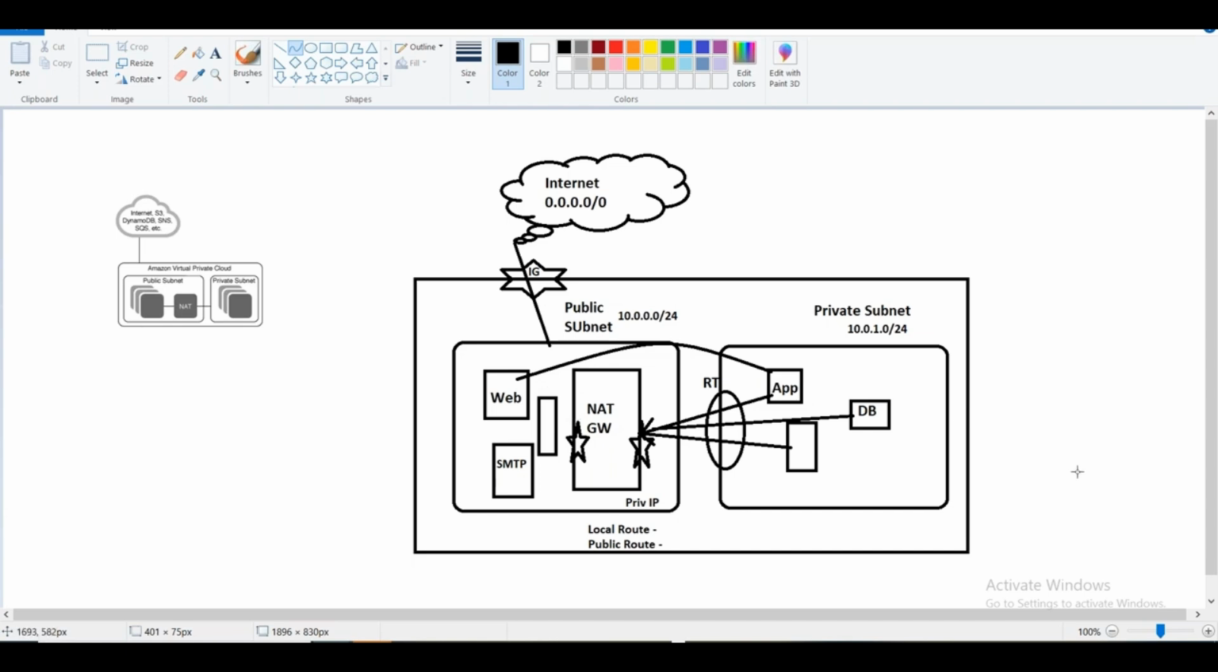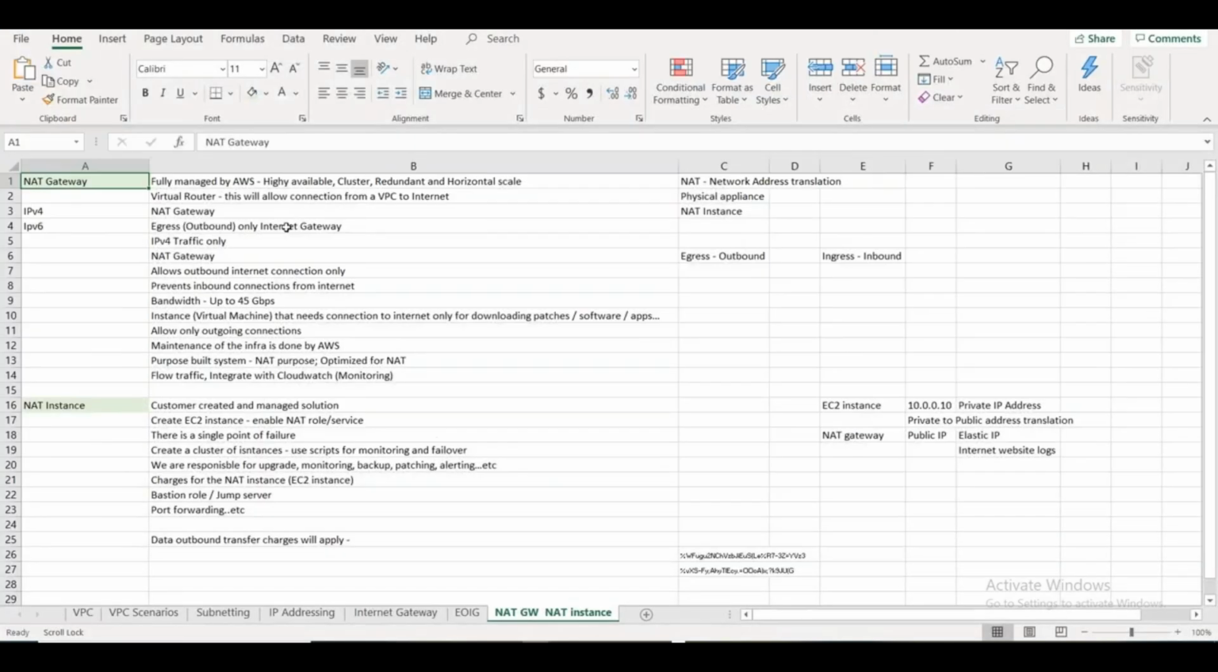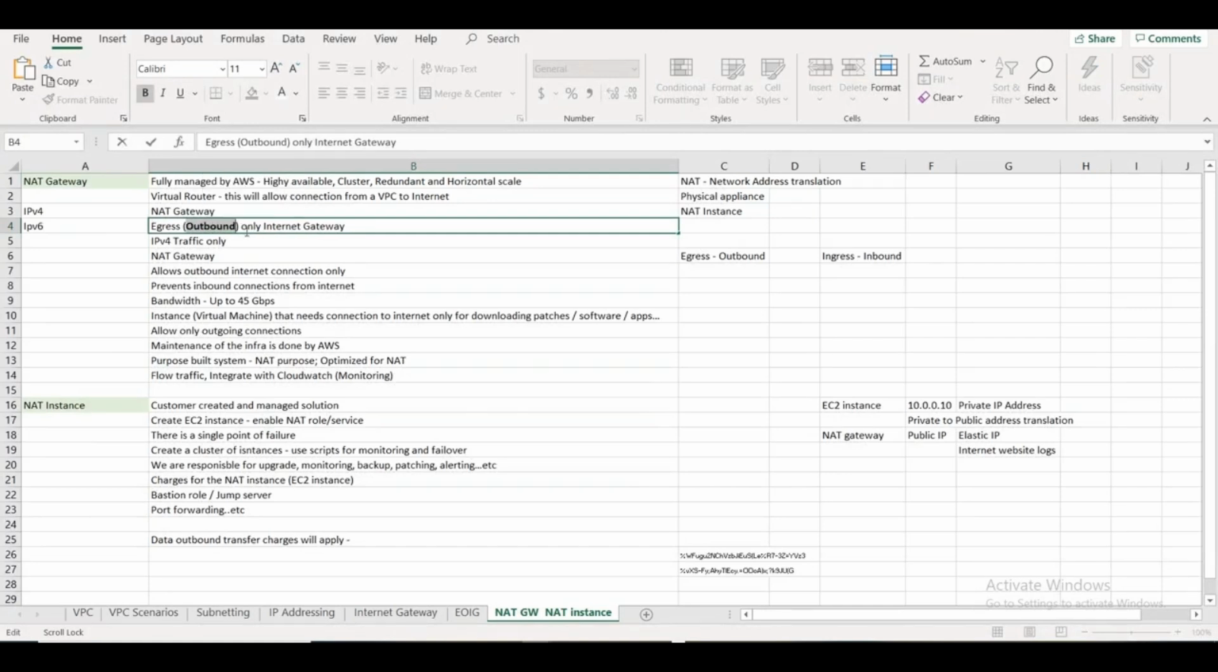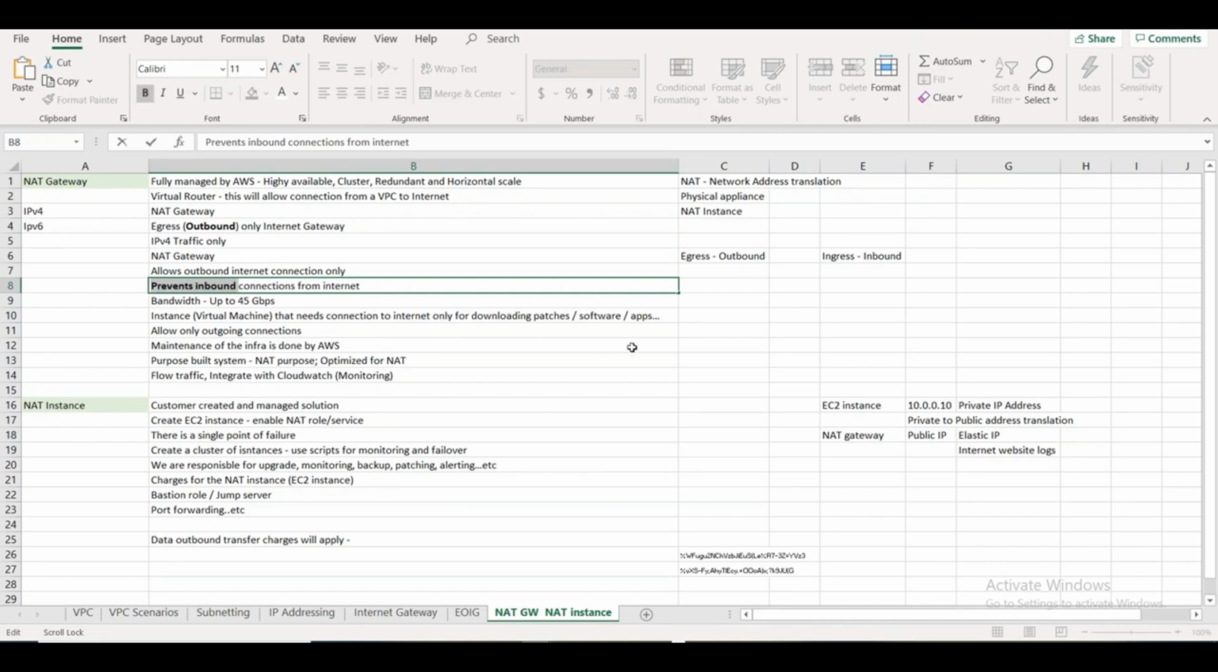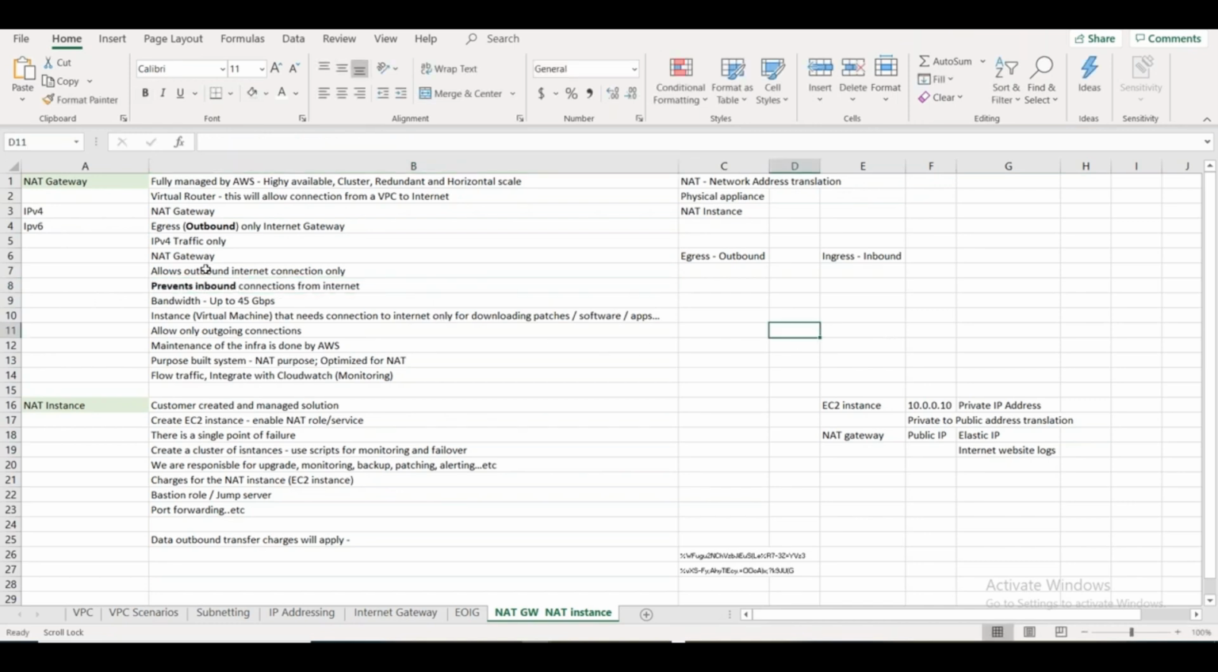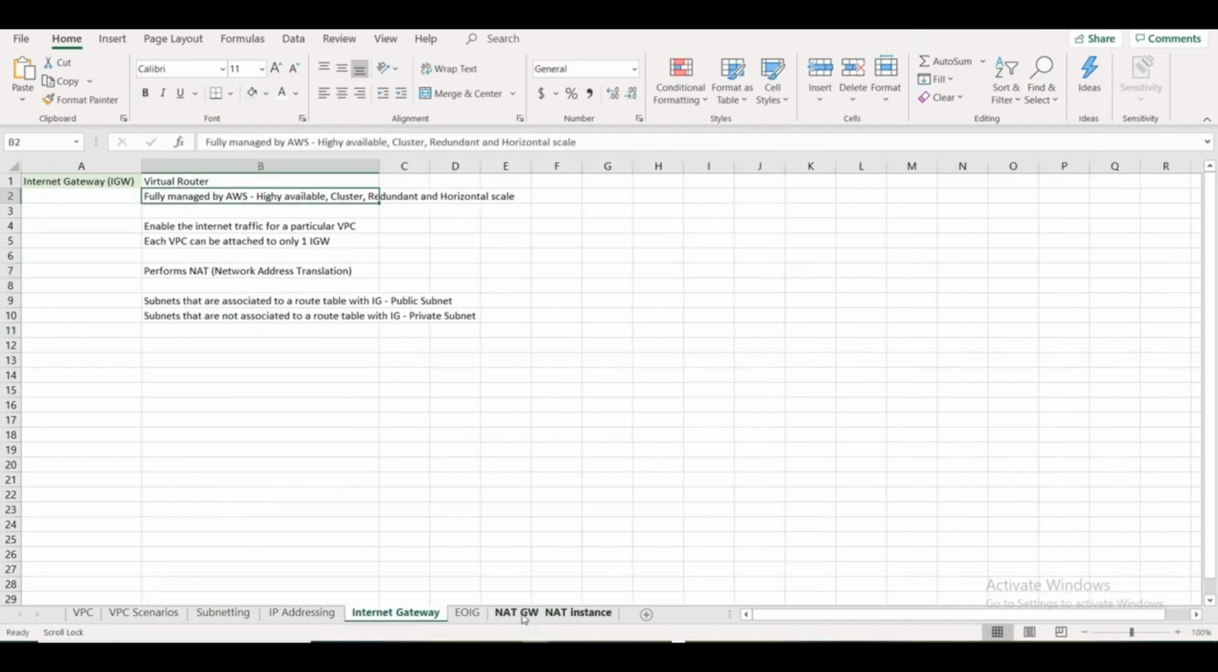So in case it goes on public, for example, from internet to NAT to my web server, at that time will my IP be exposed? See, the mechanism is this: NAT is only for outbound connections. That is the purpose of the NAT gateway, right? It doesn't allow you inbound. That is what we told, right? It prevents inbound connection. You will not be able to connect through the NAT gateway or NAT instance to the inside. It only allows outbound connections. Internet gateway will give you outbound and inbound connectivity,